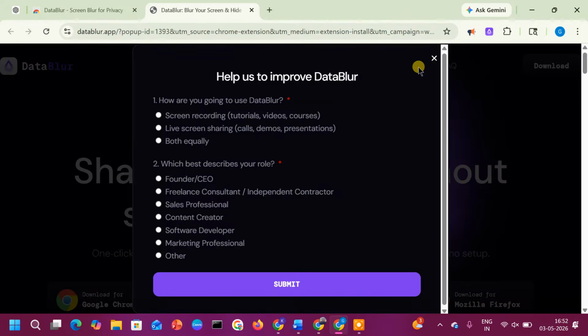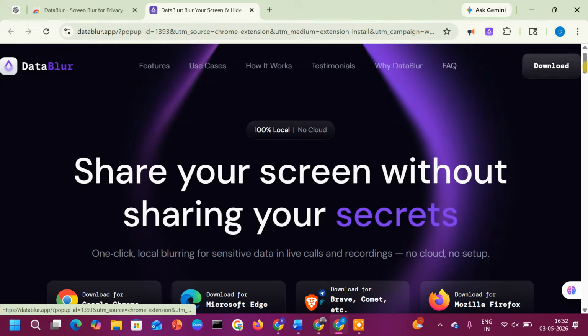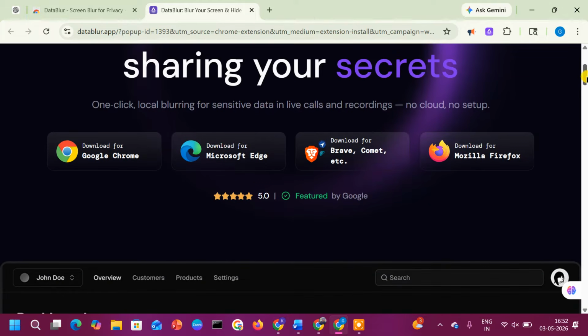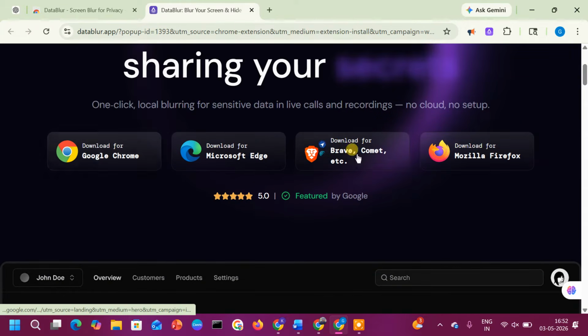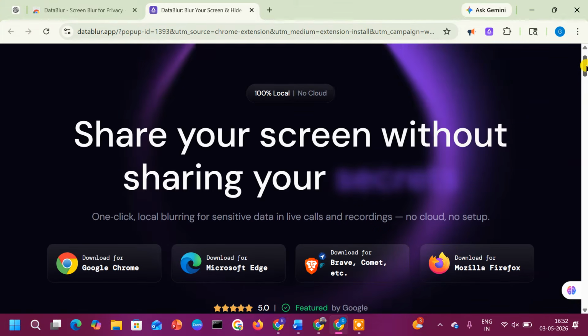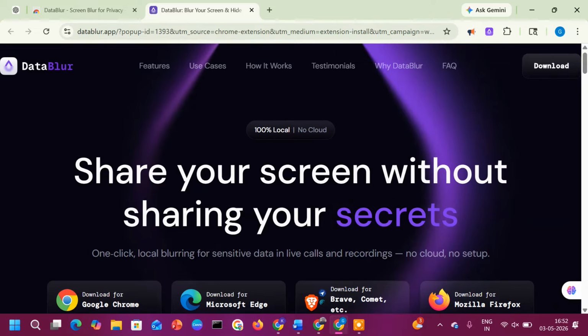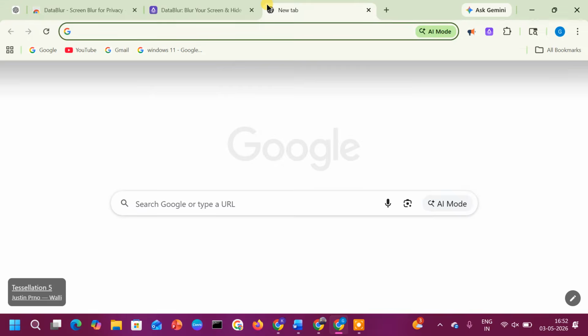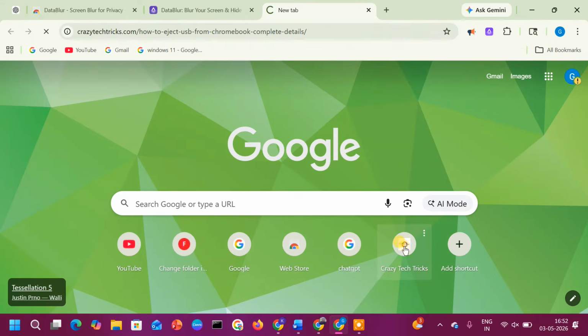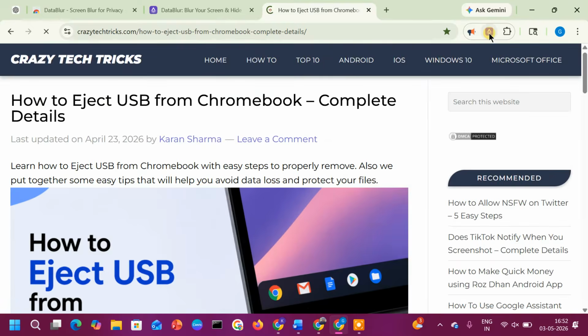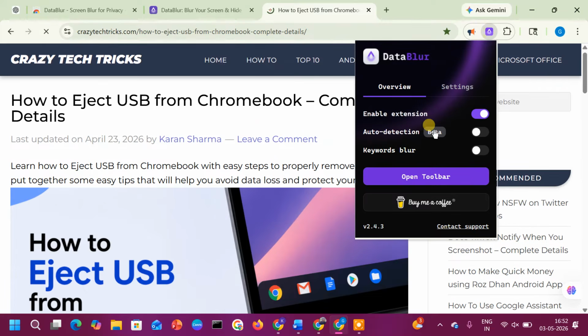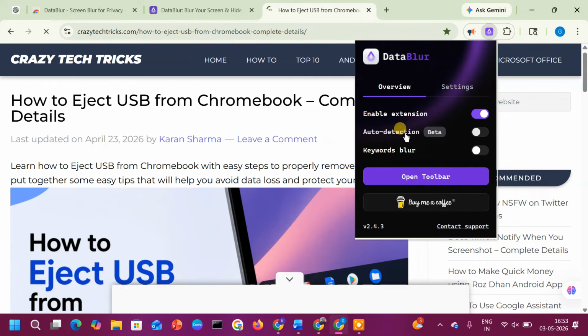From there you can hide sensitive data. Like, I'm opening this website and I want to hide the website data. Click on this. Now you will see